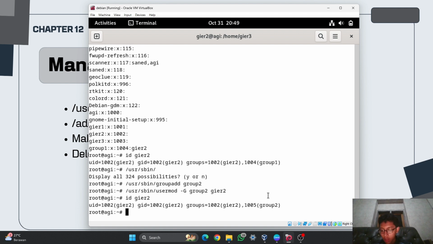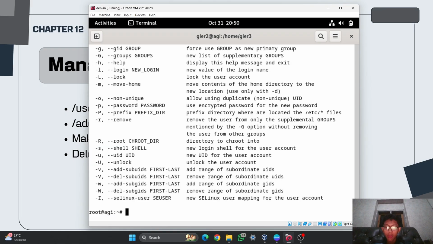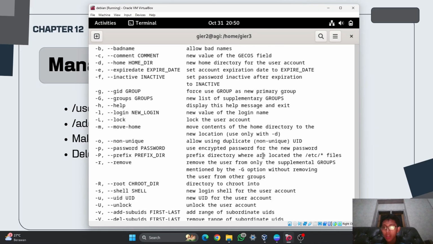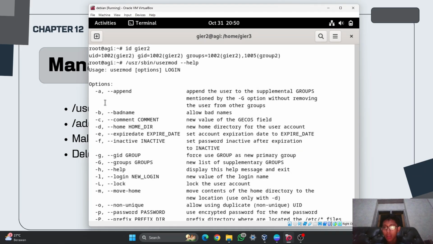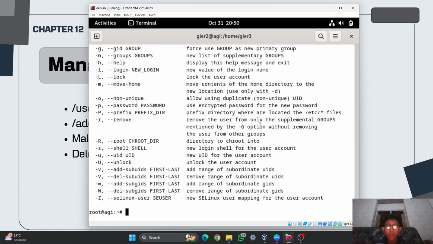I can use -a. I will check again in here, usermod --help. I will use -a, append. As you can see, append the user to the supplementary groups mentioned by the -g option without removing the user from other groups.